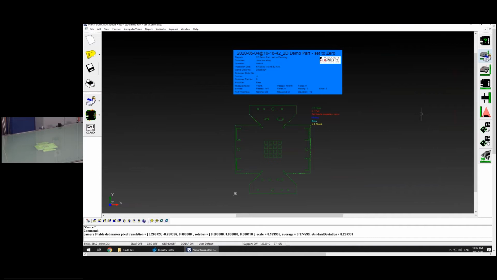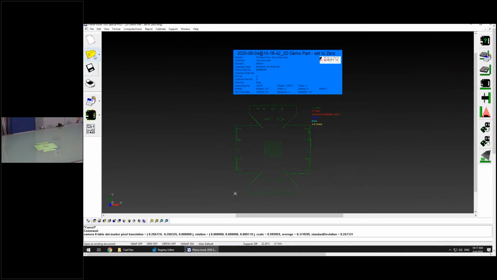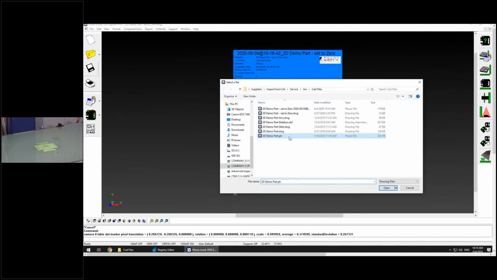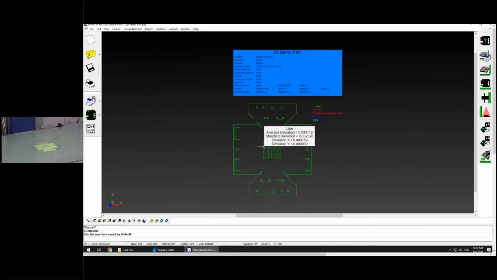So another thing that people do when they run programs, most of you guys see this, we see in the surf scan, that's given us the ability to project green onto the part and give it pass-fail status. I've actually found a couple different ways of running things that some customers really do like, is to actually turn off the deviation map. Certain customers out there don't really care about the passing or failing, they just want to see actual numbers. And a way to make it pop up and say actual numbers quicker is to actually turn off the deviation